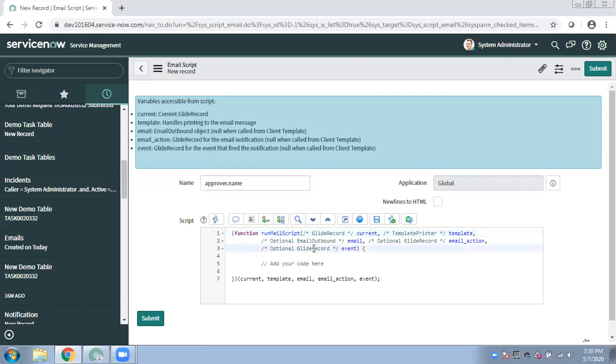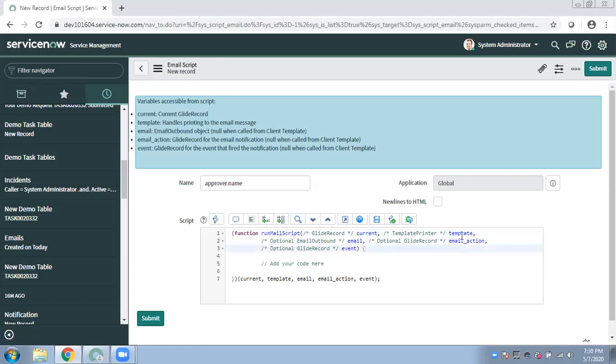Now here you get certain objects available, like in a business rule you were getting current and previous, and in an onLoad client script and onChange client script you were getting isLoading, isTemplate, newValue, oldValue. Similarly, when you define an email script, here also you get some objects. Current is the glide record object for the current record, the record for which the notification is getting triggered. All the fields of that record that you want to use in the script you get through the current object, as in the business rule.